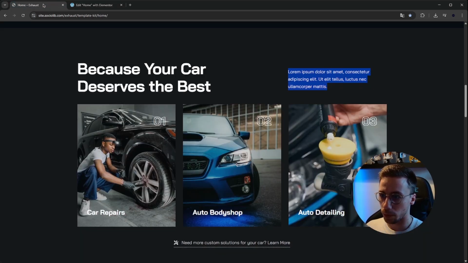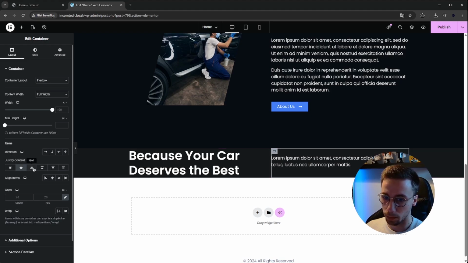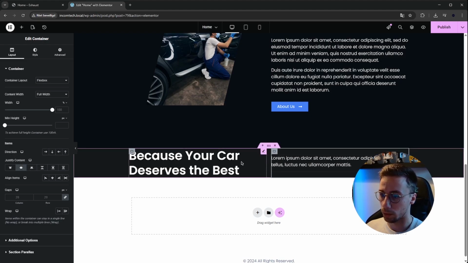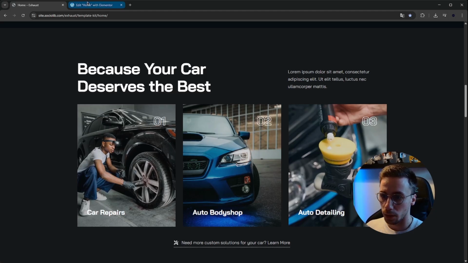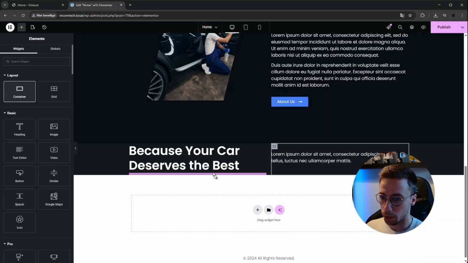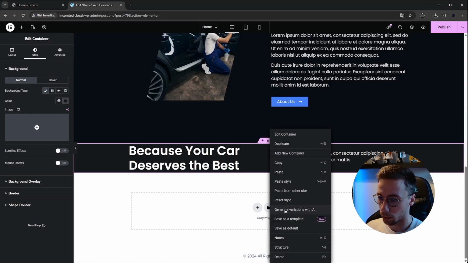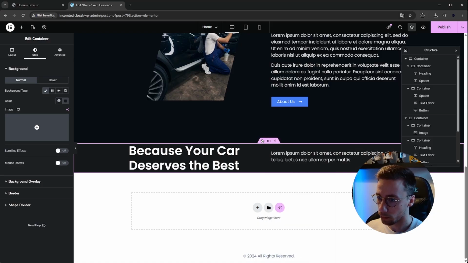There we go. Now, I want to make sure that this is in the middle of the specific container. So I'm going to click align items center, and here as well in the middle. So now it's in the middle of each other. Okay, so now what do we have? We have another container. I'm going to drag that underneath these ones. So as you can see, I'm going to click on structure. Now what you can do is you can